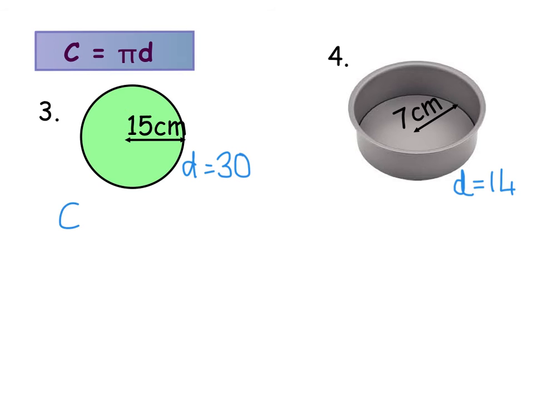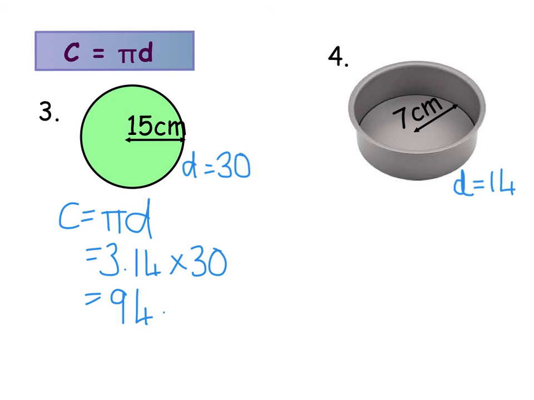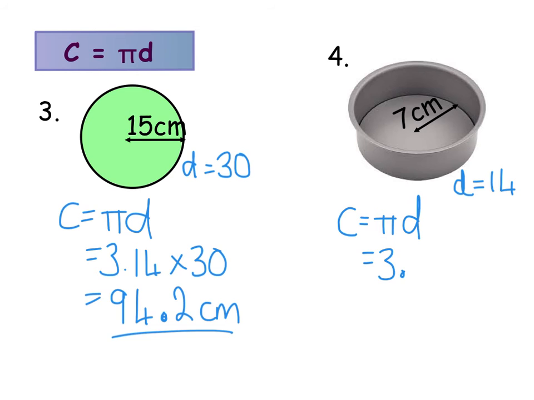So the formula C equals pi d. Replace each thing, so replace pi with 3.14, your diameter with 30. Type that into your calculator and you will get 94.2. Now that comes out as exactly 94.2, so there's no need to round for that one. So it's 94.2 centimetres. On the second one, you've got pi d again. Pi gets replaced with 3.14. We've already said our diameter is 14, not the 7. And if you put that into your calculator, you will get